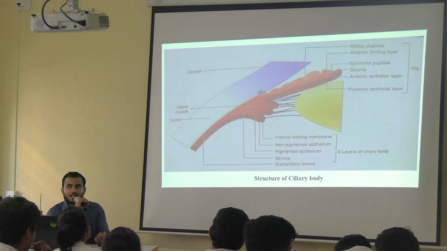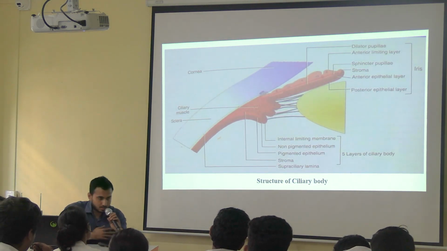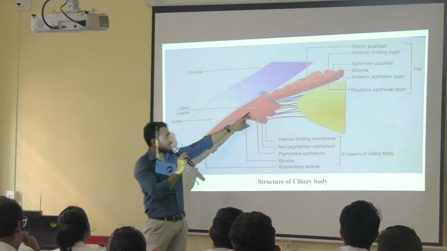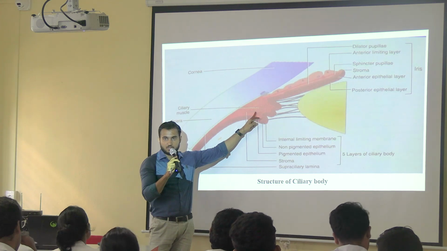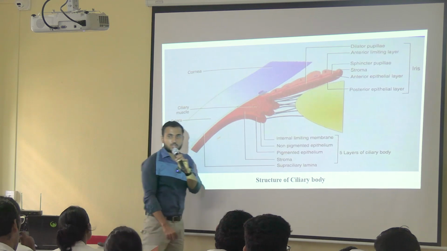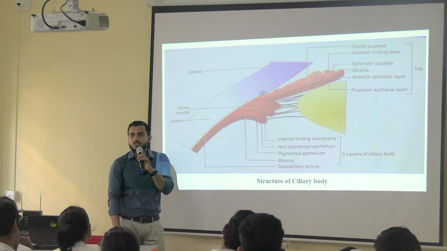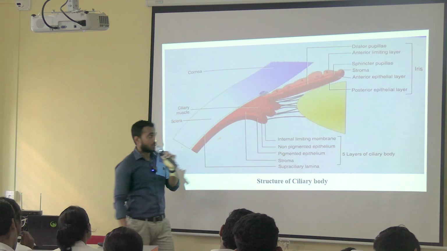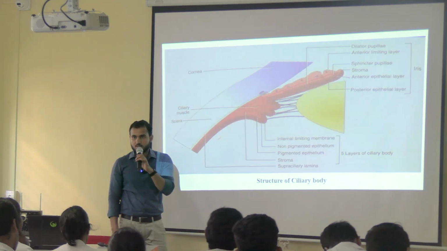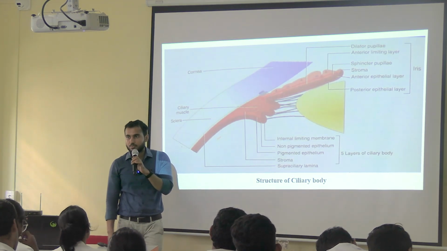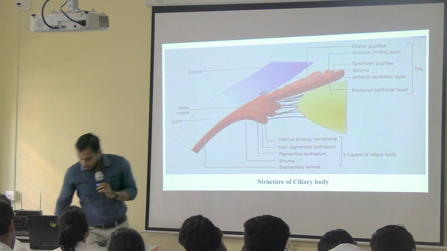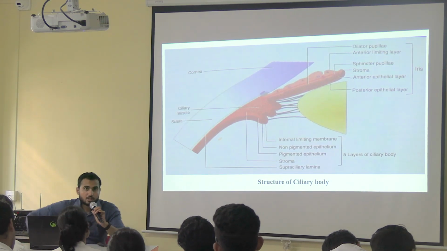The main function of the ciliary body I have already discussed. Here you can see these dots. These are nothing but the cut section of the ciliary muscle. Along with that, here you can see the fibers. These are called zonular fibers. Together they form the suspensory ligament of the lens. The contraction and relaxation of the muscle will change the shape of the lens, which helps in the accommodation of the eyeball whenever you see a far object or a near object. So that's all about the